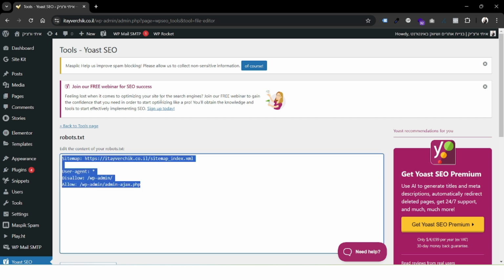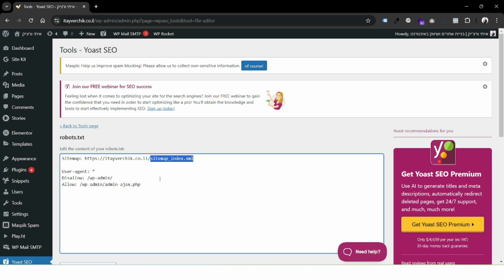So this is the main text or code, as you call it, that will have to be on robots.txt in order to enable Google to scan and crawl your website, and other user agents, of course, which are the bots. Now, you can disallow some other bots to crawl your website, or disallow some pages, so even Google cannot crawl those pages. And the sitemap, of course, with your own domain will have this sitemap URL link, which is created by